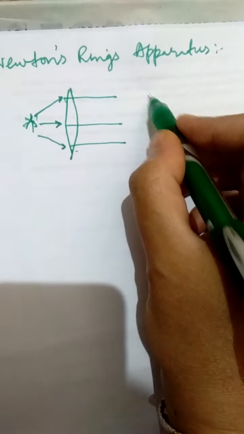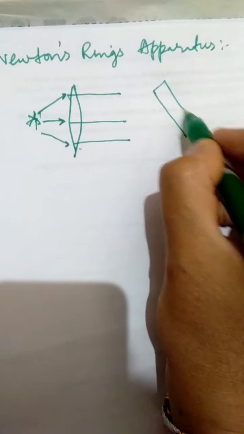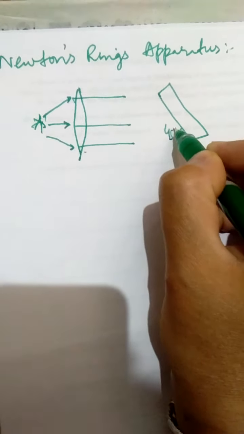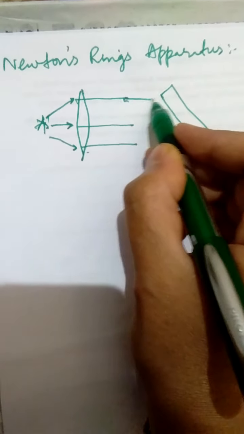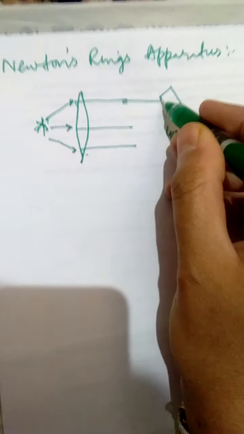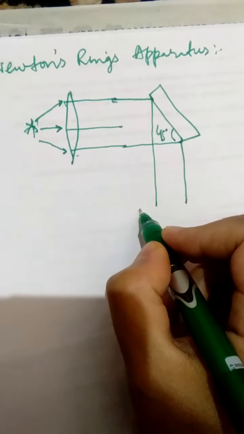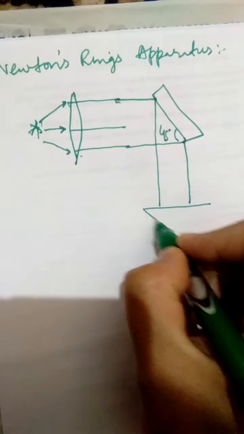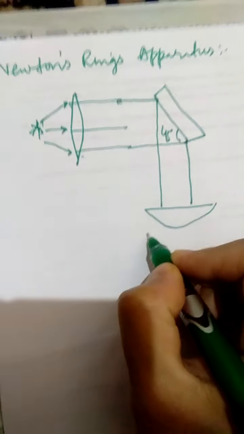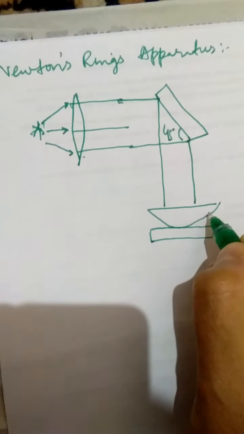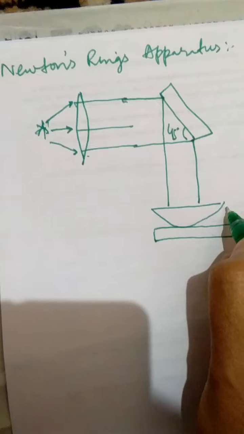Next we place a glass plate at an angle of 45 degrees. So what happens is that this light strikes the glass plate, a part of it is reflected, a part of it is transmitted, again a part of it is reflected, a part is transmitted, right? Beneath we have a plano-convex lens that is mounted on a plain glass plate. So this traps an air film that has a certain thickness, say T,